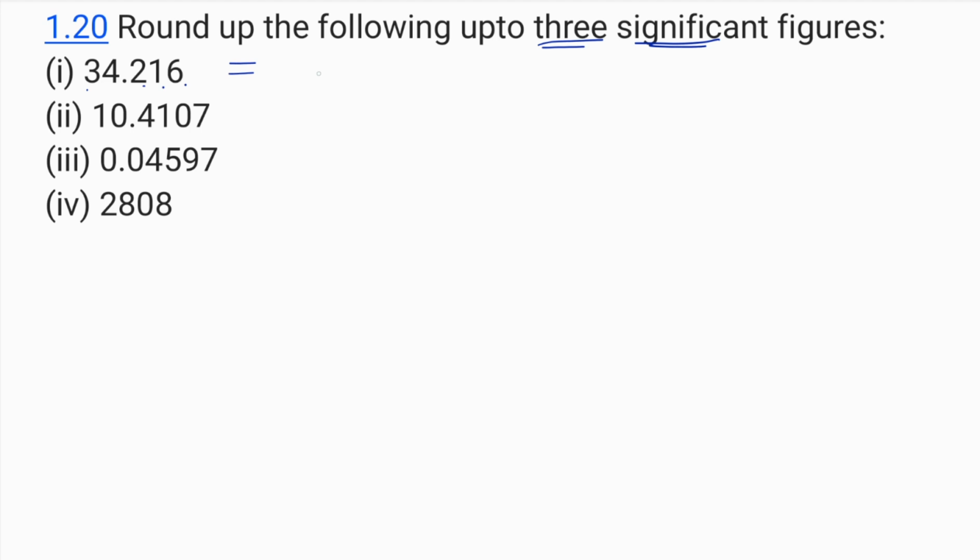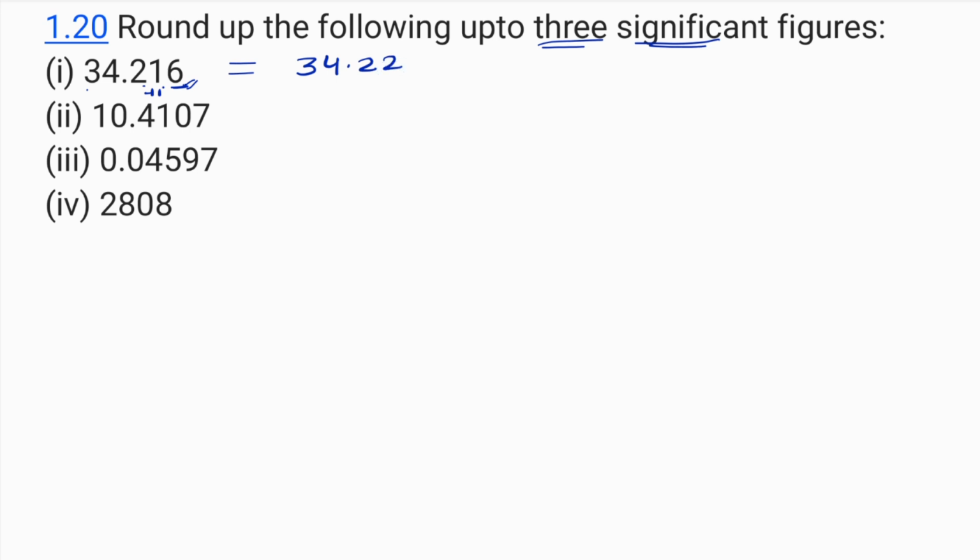When we round it up, first we are going to round it up directly. We know that if there is a number which is equal to 5 or more than 5, then 1 is added to the number which is on the left hand side of that digit. So that is going to be